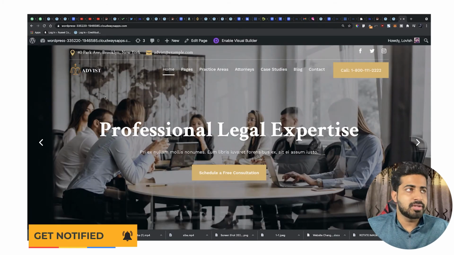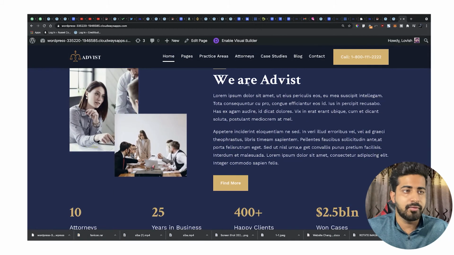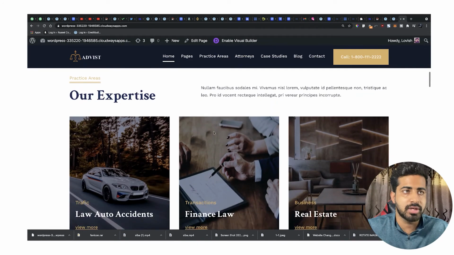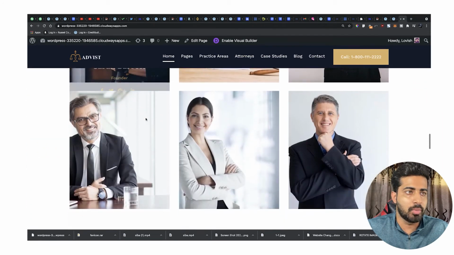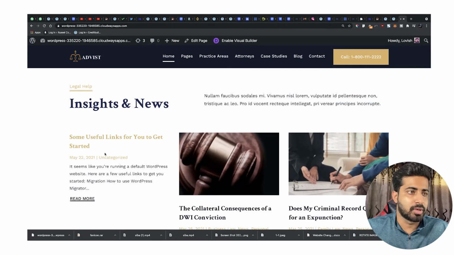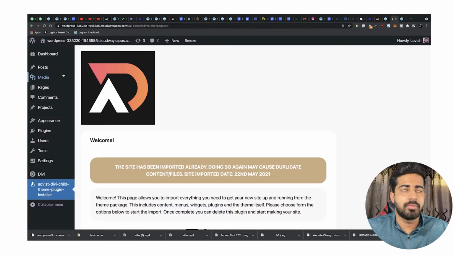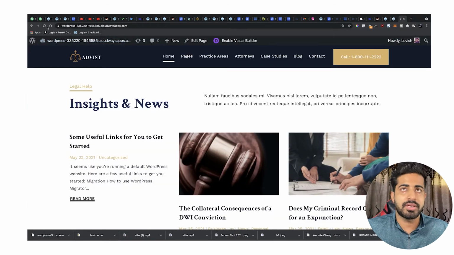All right, as you can see, our demo data has been imported, and we have all the images, all the text, and everything is okay. Let's scroll down to the bottom and see if there is any problem. I think everything is perfect, but there is one thing: we have one new post which is not in the initial WordPress. I will go back to the backend in the posts, and this post is there by default when you install a new WordPress, so make sure to delete this one, and let's go to the front end.